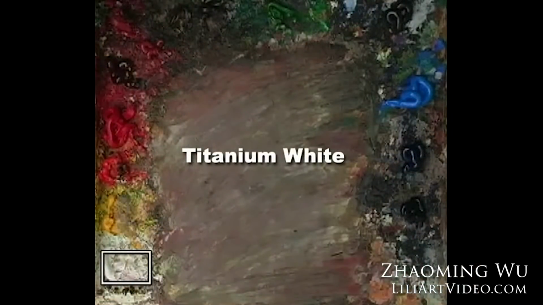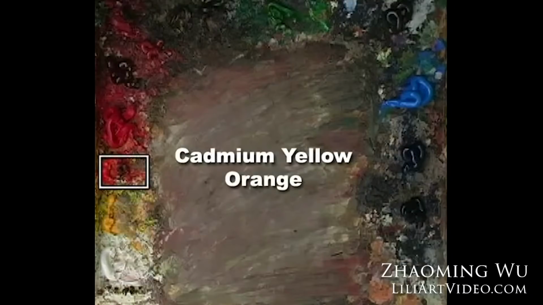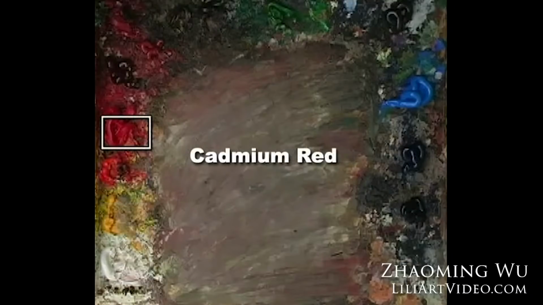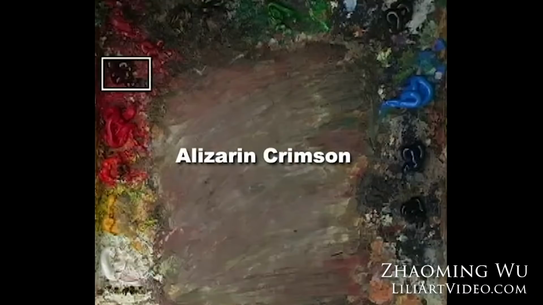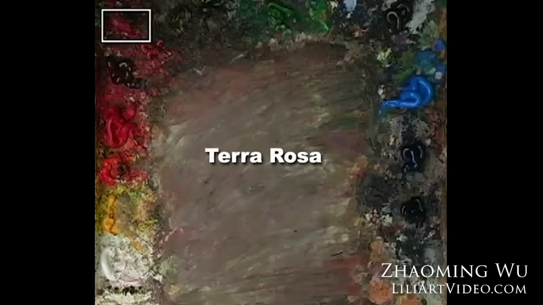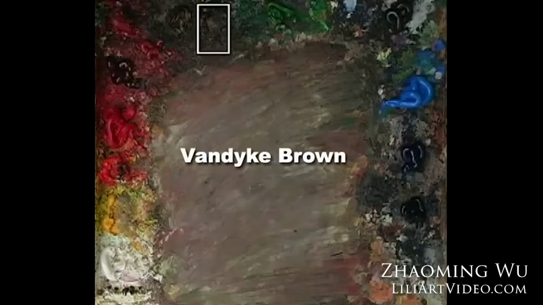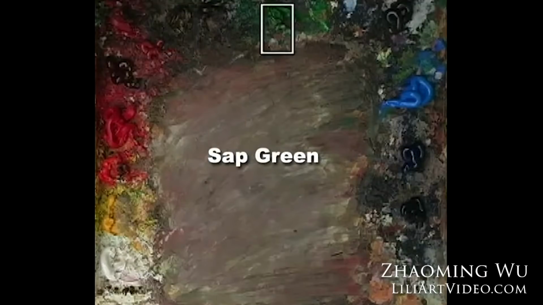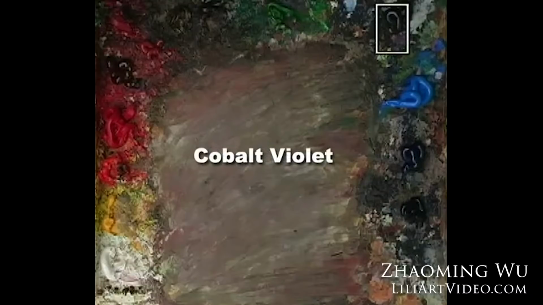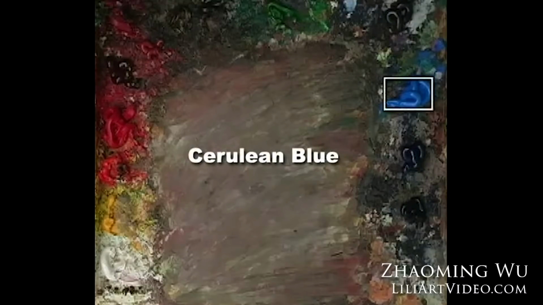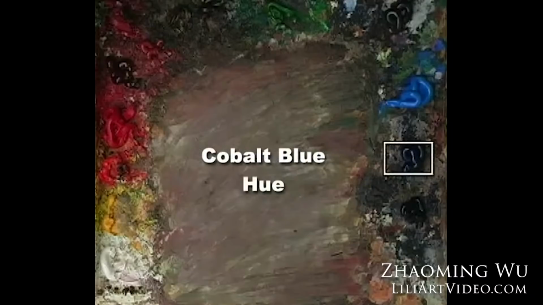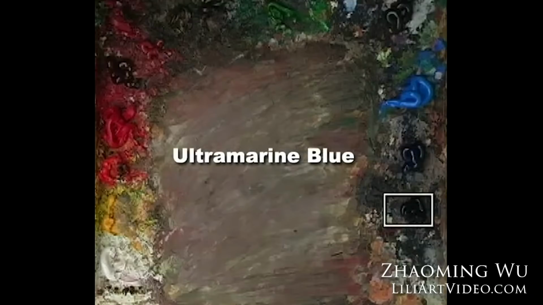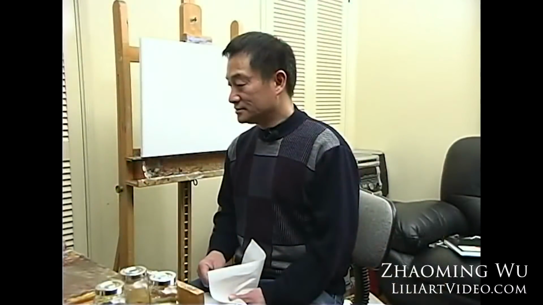Titanium White, Cadmium Yellow, Cadmium Orange, Cadmium Red, Alizarin Crimson, Terra Rosa, Burnt Umber, Van Dyke Brown, Sap Green, Cobalt Violet, Cerulean Blue, Cobalt Blue hue. That is ultramarine. So basically I'm using that color for my painting. So that's about